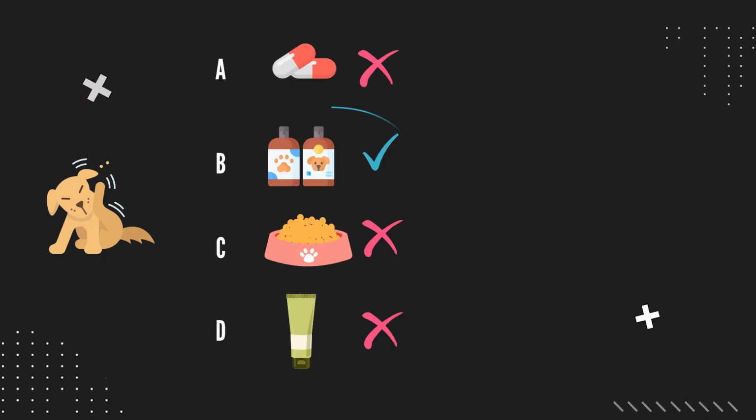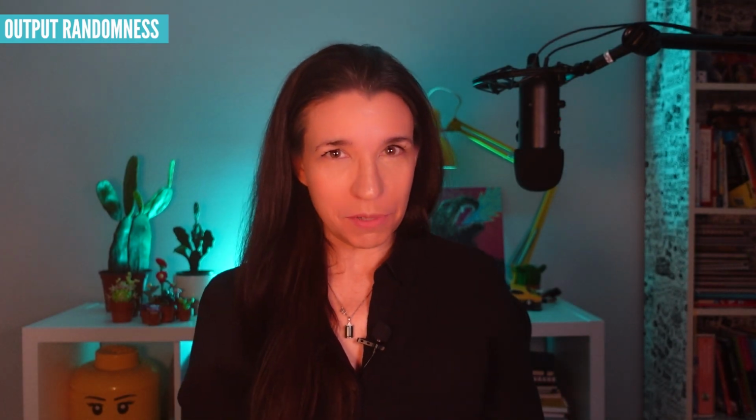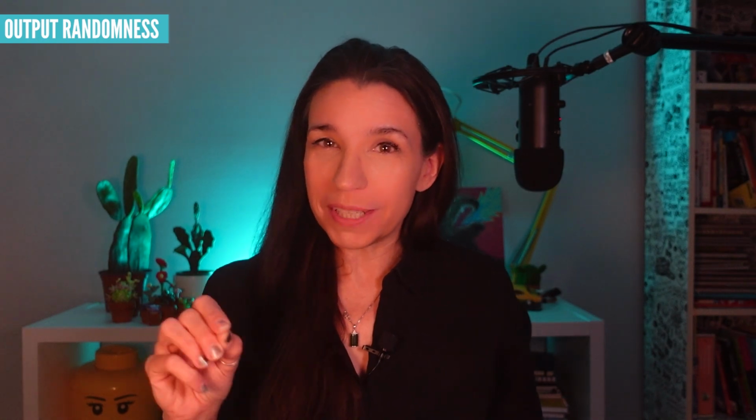But another really important way to use output randomness in training is to simulate reality. Say you're training veterinarians with a branching scenario where they have to decide how to treat this dog's allergies. Usually in this scenario, there's a right answer and some wrong ones, but in reality, not all dogs will react exactly the same way to a treatment. You might get some unwanted side effects sometimes. So here you could add a little bit of randomness to the outcome.